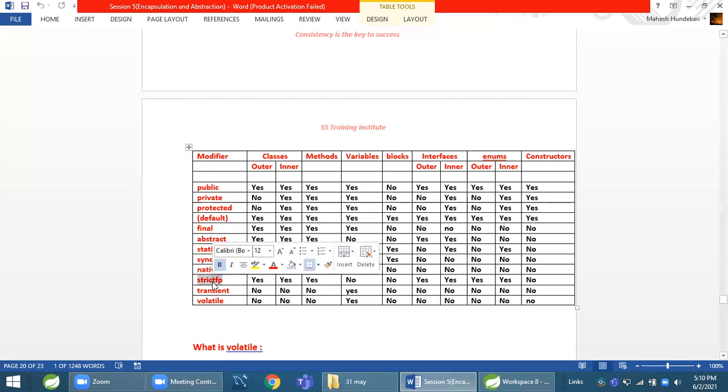Then strictfp. Whatever decimal point value we have, for example, if I write one program and I store some decimal point value in a float variable, and if I take that program to another machine where another compiler is installed, you can see there are various types of compilers, like 32-bit compiler, 64-bit compiler.